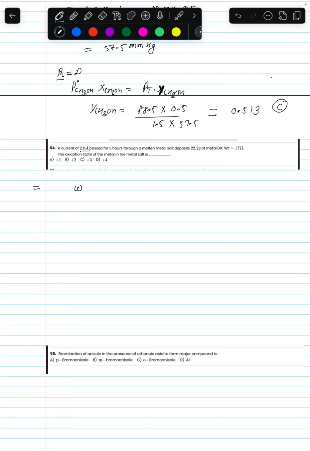So according to Faraday's first law, W is equal to current into time into equivalent mass divided by 96500. So weight is given 22.2, current is given 2 ampere, time is given 5 hour, convert in minute, so 5 into 60 in minute, then multiply by 60, it is seconds. Equivalent mass is mass upon n factor. So that is